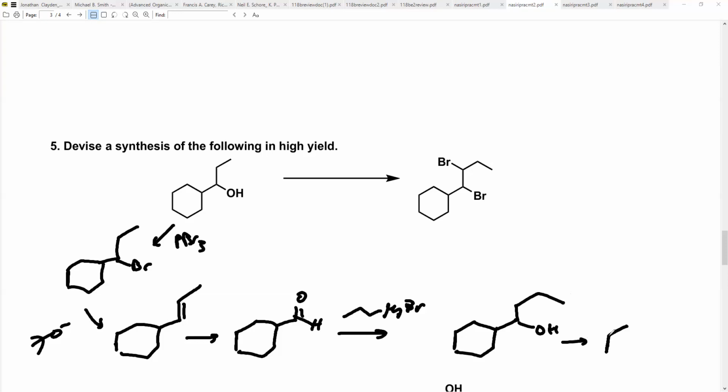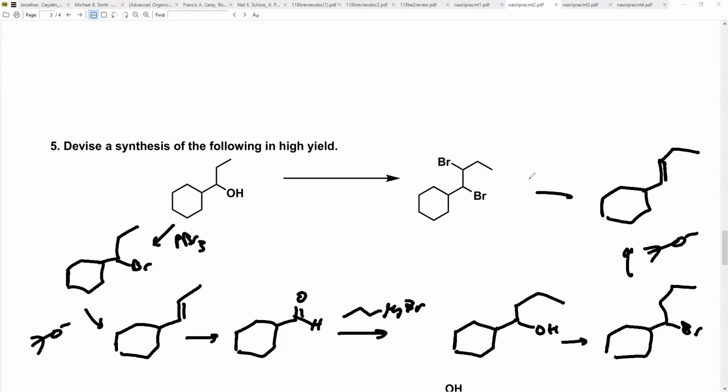We'll have to turn this alcohol into a bromide because we need to eliminate. We need to eliminate on this position here. If I did elimination from here, I would get this alkene here, which is not what I want. That would ruin everything. I don't want that alkene. But I do want the alkene that goes where those dibromos are. So I'd have this, go from here to here, again, tert-butoxide, and then Br2,